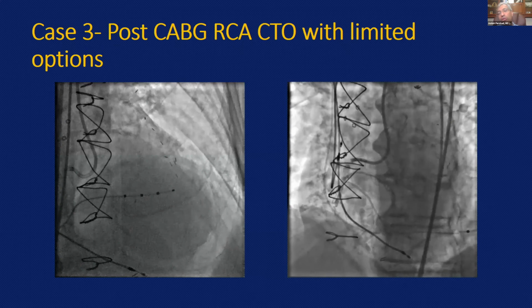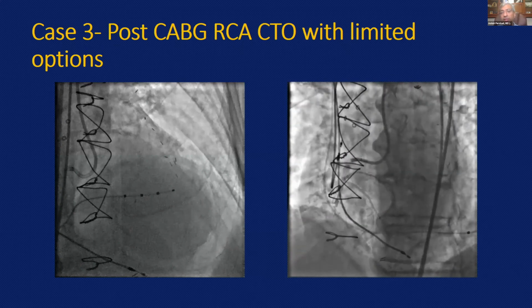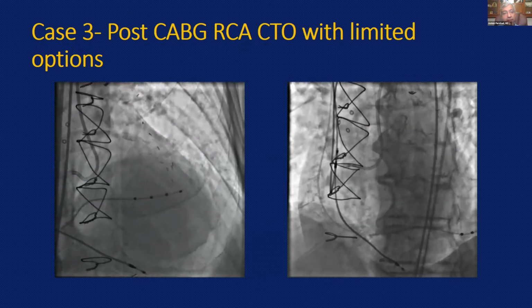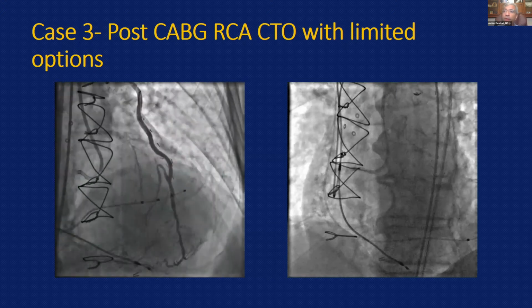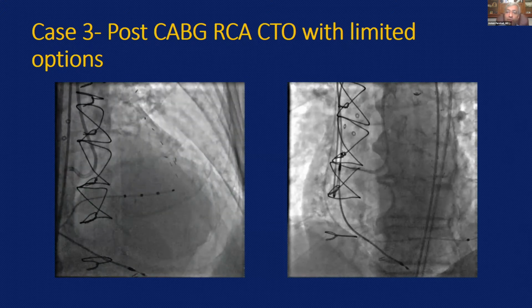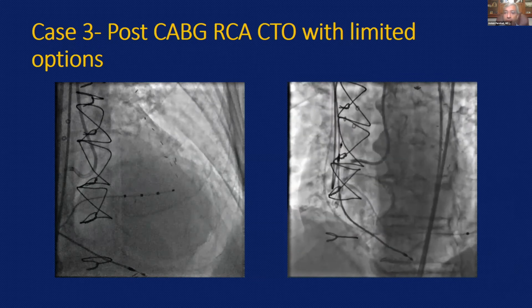And I think, of course, all the concepts that we've learned all along apply. I don't want to by any stretch make a case that this is a safe wire. This has all the risk associated with wiring long segments like every other wire. So you have to take multiple views, orthogonal projections, retrograde tests, et cetera, to confirm that you're in the architecture